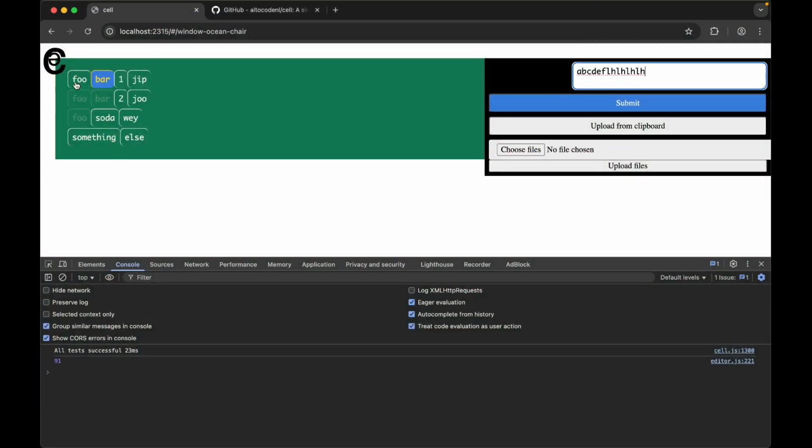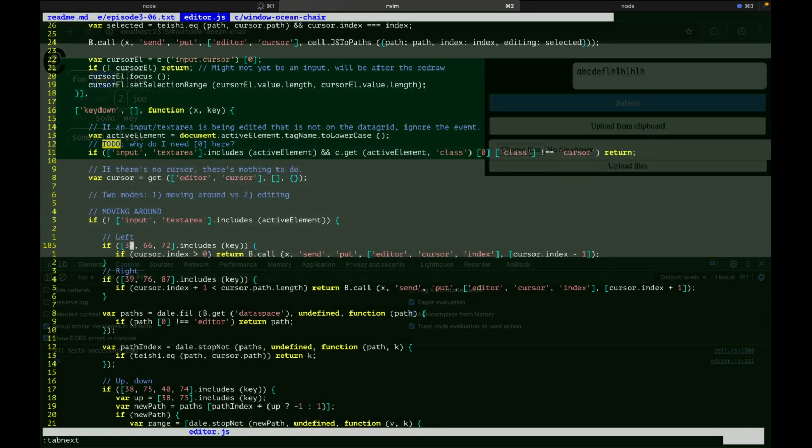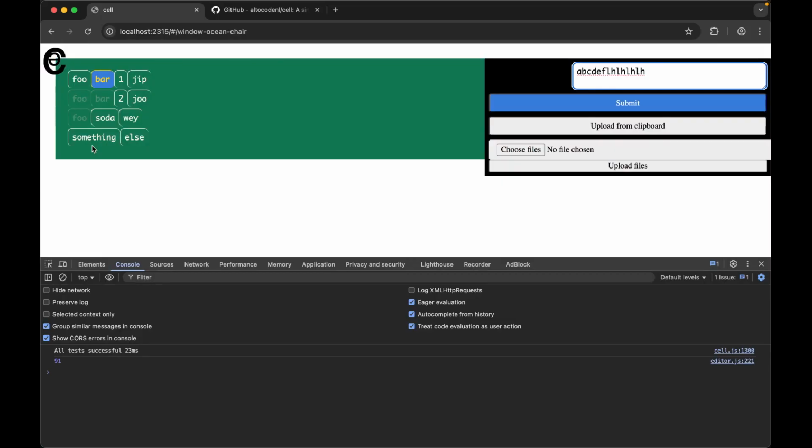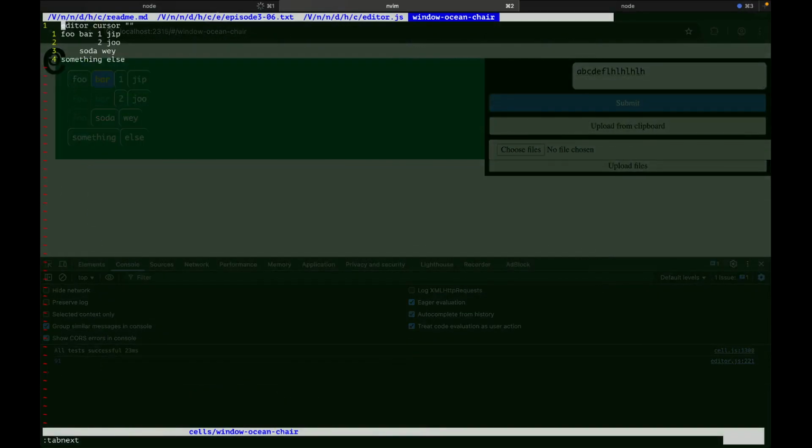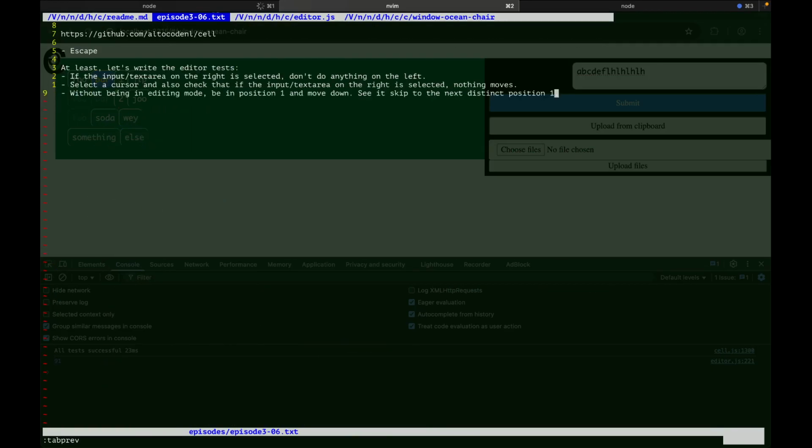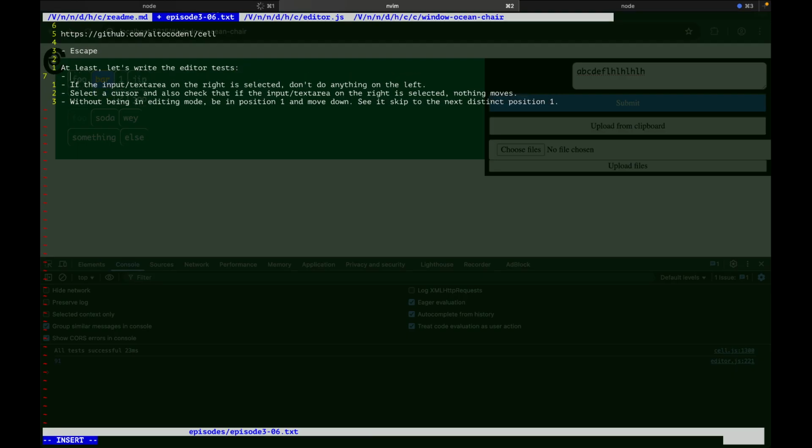It will basically jump from foo to something. Sorry, not textarea. The data space is